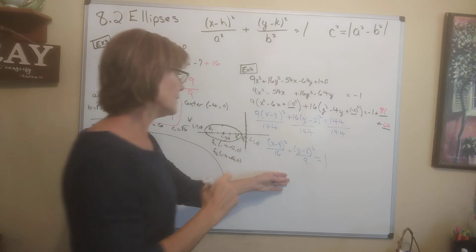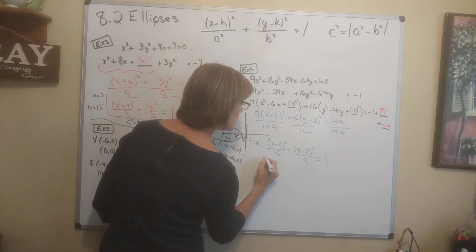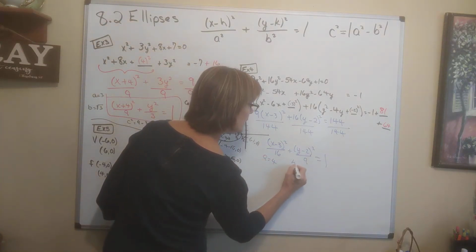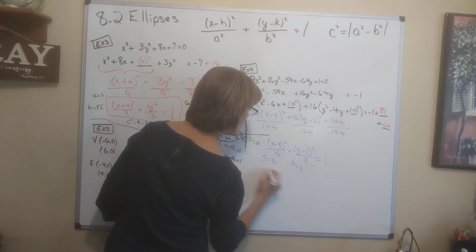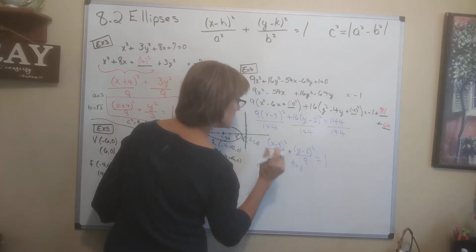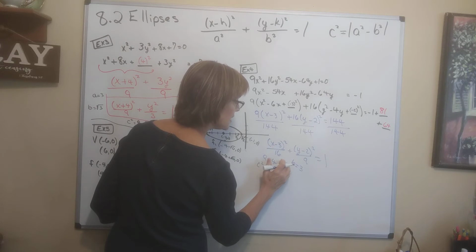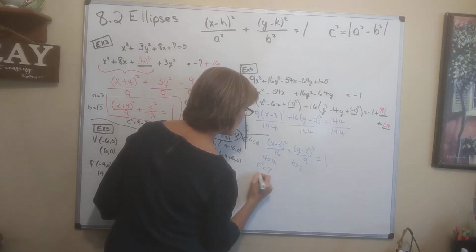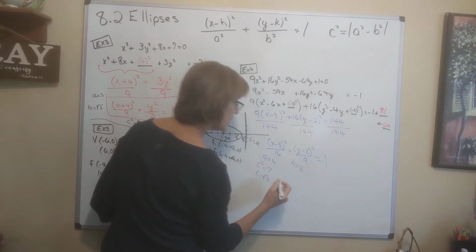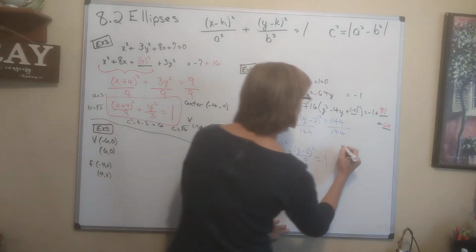All right. A is equal to 4. B is equal to 3. C squared is bigger minus smaller, 16 minus 9, 7. So C is the square root of 7. Let's graph this. The center